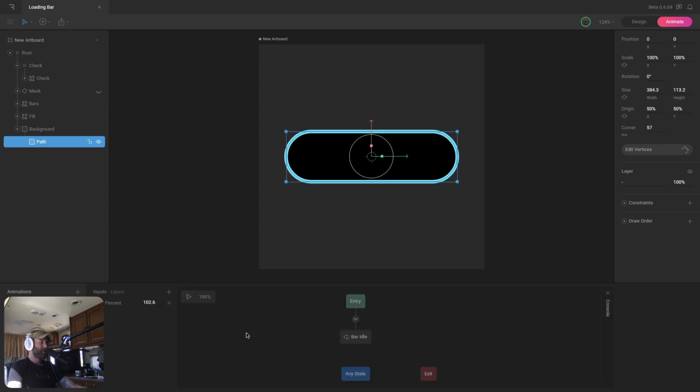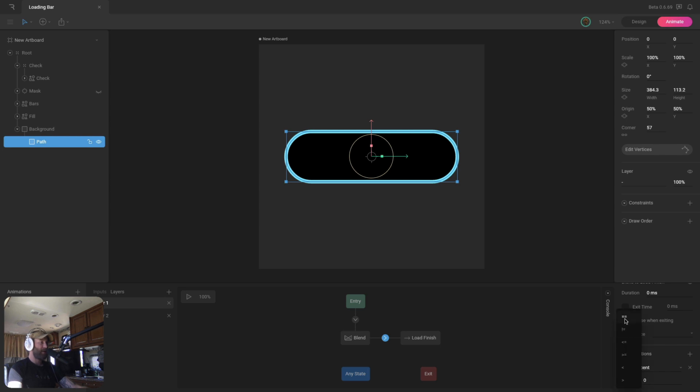So I'm going to go back to the state machine, and I'm going to make sure I'm on the right layer. I want to be on layer 1 where the blend state is. And let's drag this load finish animation in here. Now we don't want this animation to play until we get to 100%. So I'm going to go into the transition, and let's set that up using a condition here. So I'm going to select load %, and now you can see we've got some options to configure this.